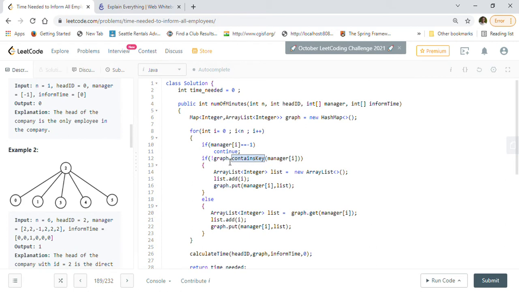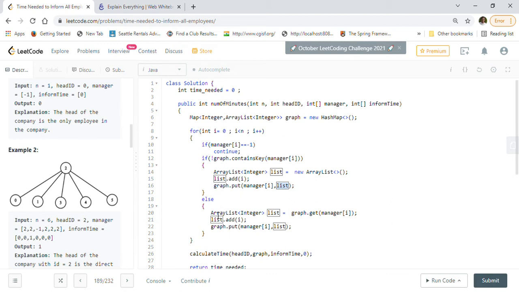If it does not have a list already created, we will create a brand new array list and add the current employee i into the subordinate list, and we will use graph.put, where the manager is the key and the list holds the subordinates for that manager.